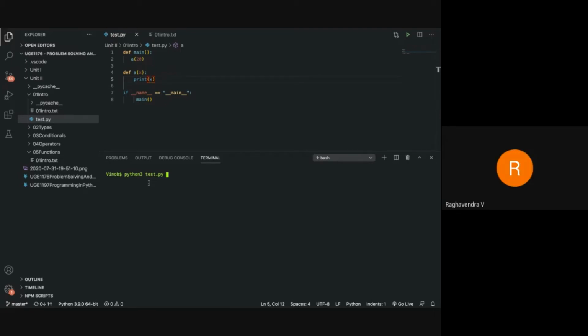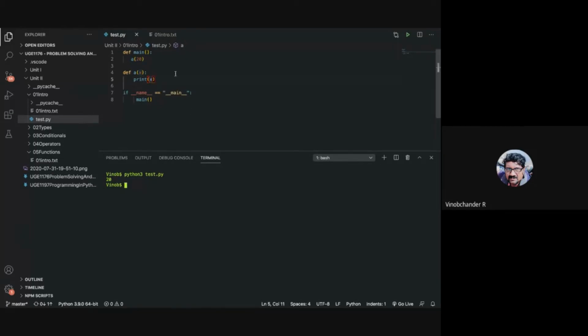It is 20, right? Now is this call by value or call by reference? 20 is passed here. It is call by value. So what essentially happens is when this is passed, a copy of 20 is taken, and that copy is passed here, and you are printing the value of that particular copy. So that is call by value.